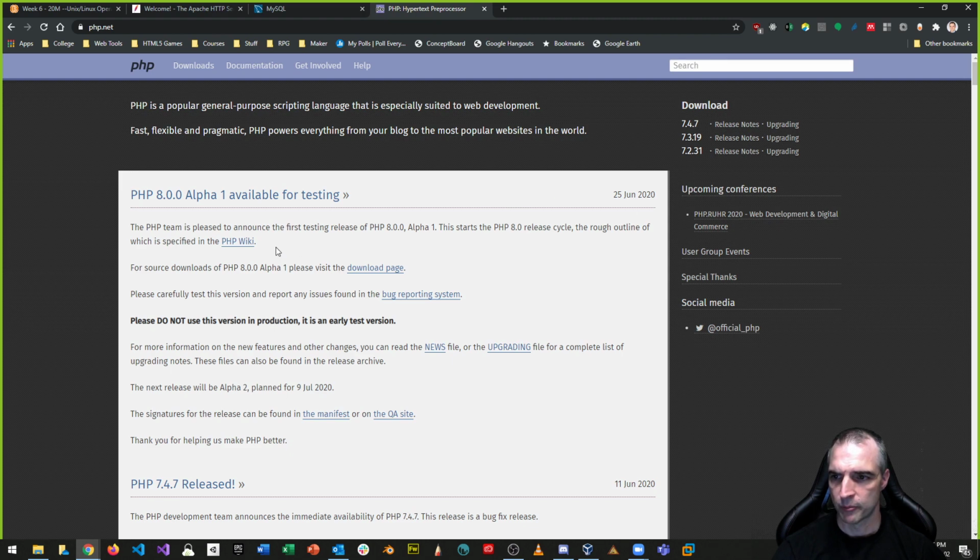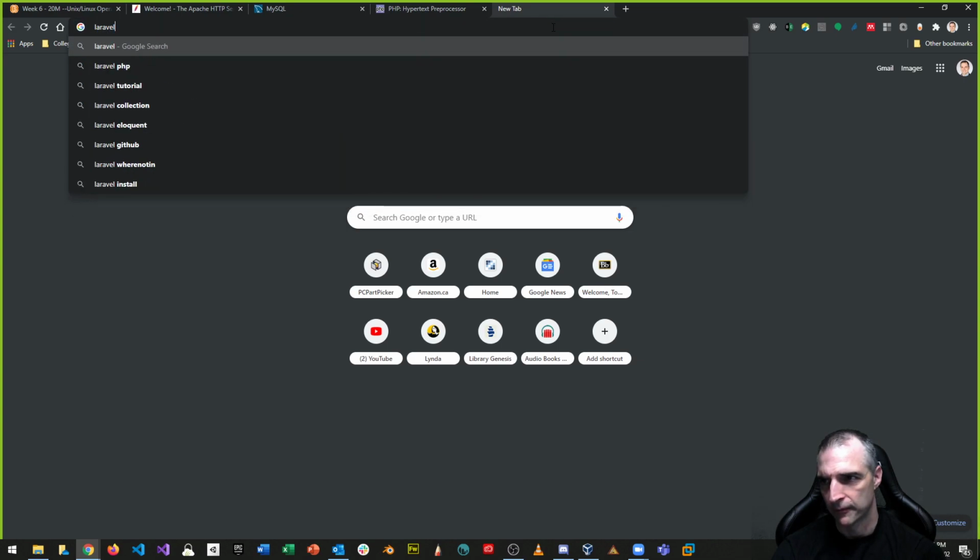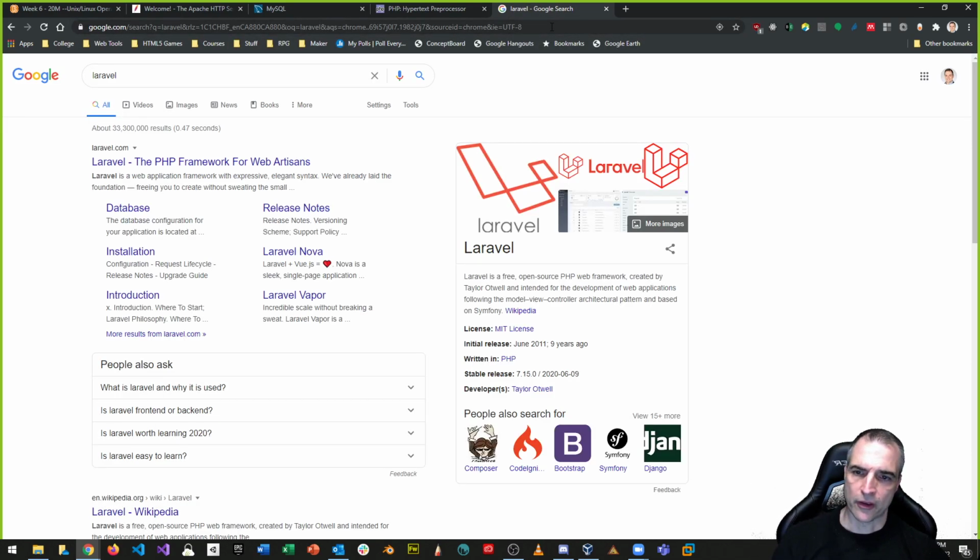It's not like PHP stopped development. As you can see, PHP 8 alpha is out. This is good. This is good news. Have to keep moving. One of the other issues with PHP that you're going to notice if you ever learn PHP here at the college is the idea that it is very loosely typed. So again, the PHP language. There are kind of an object-oriented wrapper you can put around the language to make it better, called Laravel, right? So that's one of them. There's other frameworks that you can